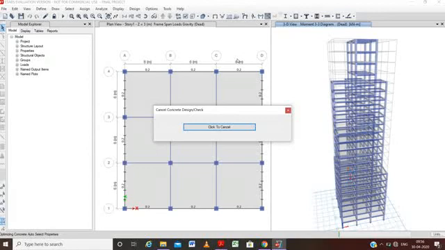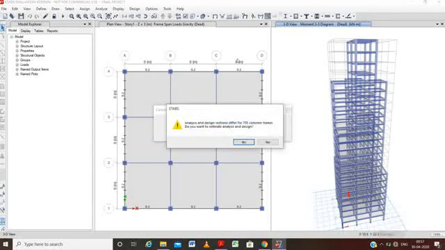As we have given the auto select option, it will auto select the members which are going to be failing. This we are going to watch. Here we can watch that 75 concrete frames in this section differ because we have the auto select option.